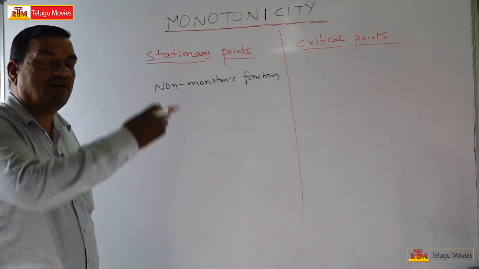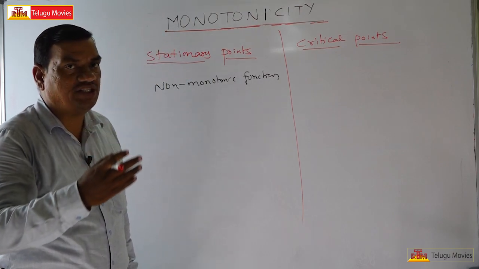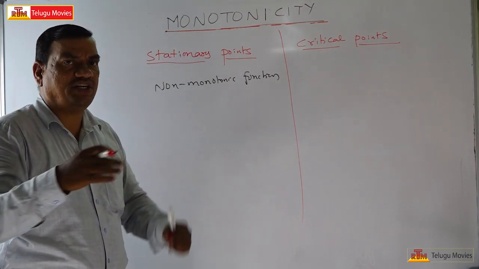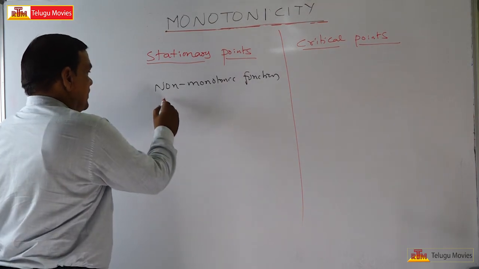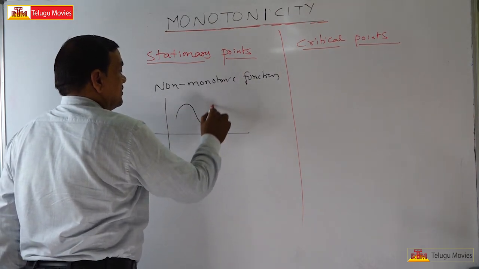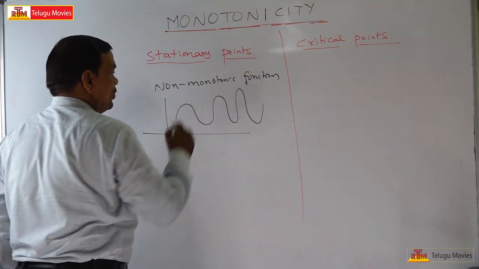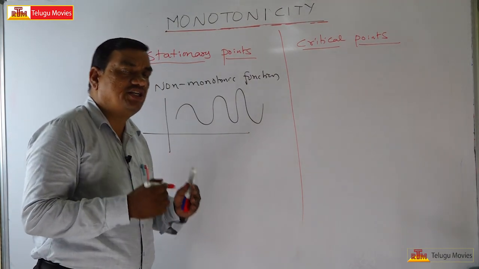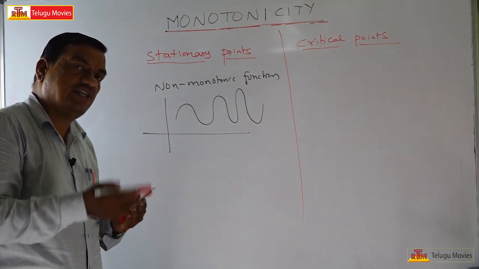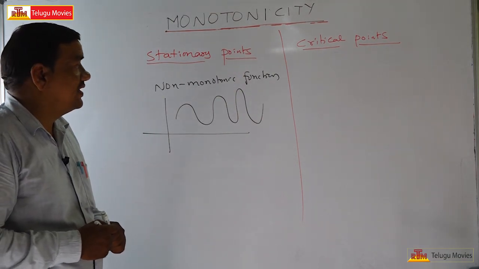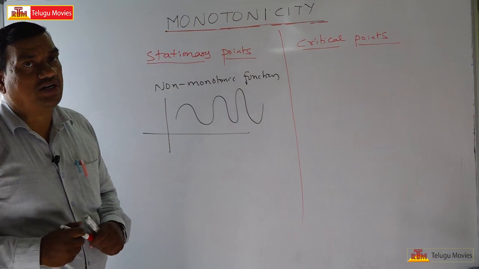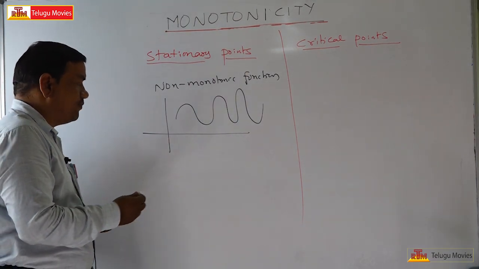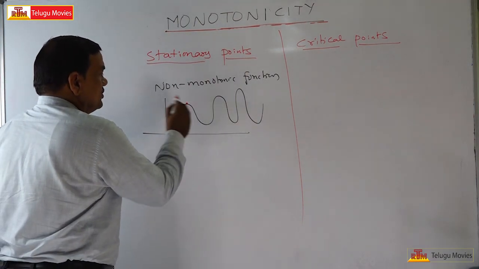Non-monotonic function means what? It has both increasing and decreasing nature. Okay, now let us take that function. Like that, it is a non-monotonic function. In a given domain, it has both an increasing and decreasing nature. There are certain points in which,